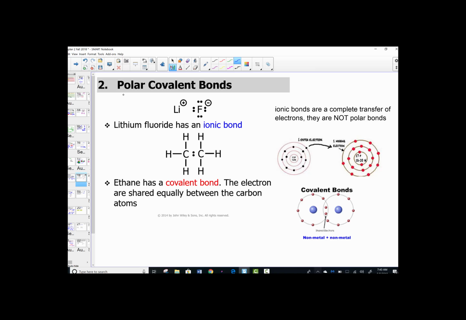So the second topic, polar covalent bonds, begins with a reminder about another category called the ionic bond. Remember, ionic bonds are formed by a complete transfer of the electrons. So it's incorrect to describe polarity of an ionic bond. They're not sharing at all. We end up having an ion form, where there is a complete transfer of an electron. Here, you just take it. I'm done with it. So ionic bonds are not part of the lesson, salts, if you will,